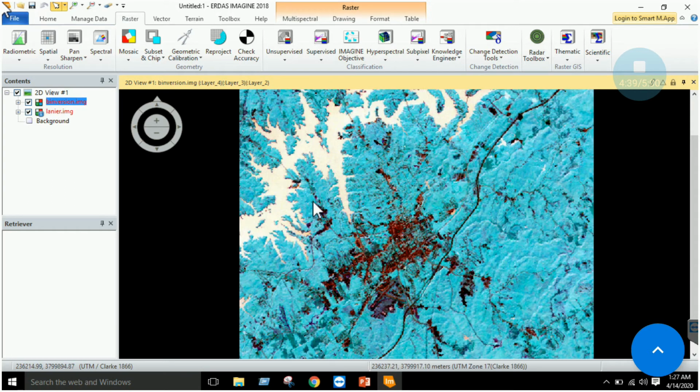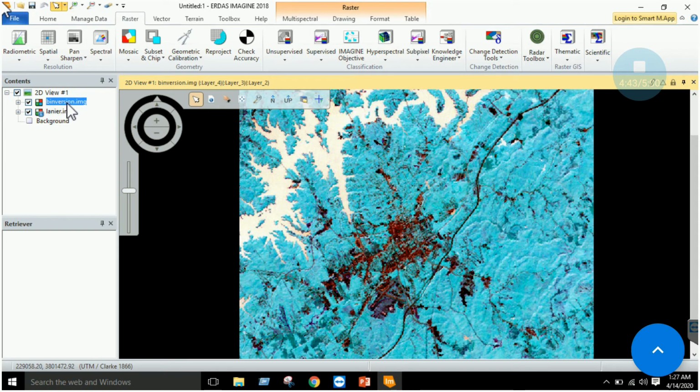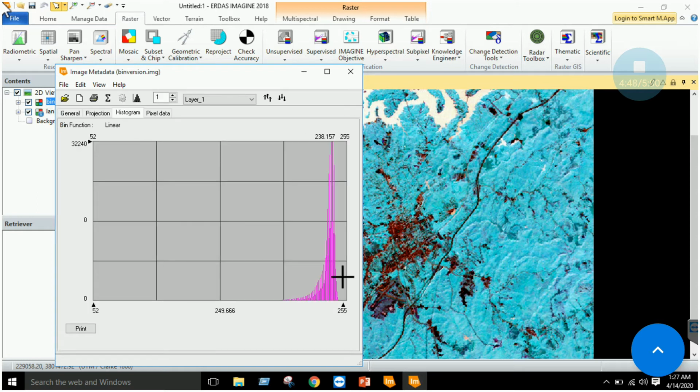Okay, here you see now your values are reversed, right? If you go to the metadata tab and see the histograms, all your values are shifted towards this end. Similarly, if you want to perform the inverse, all your values will be shifted towards the lower end. So this is the basics of image pre-processing and brightness inversion.